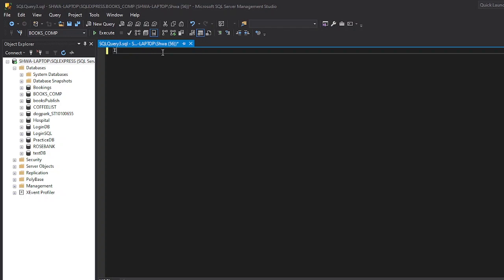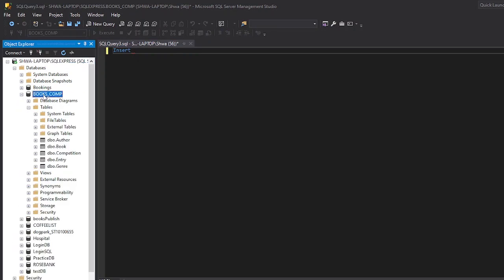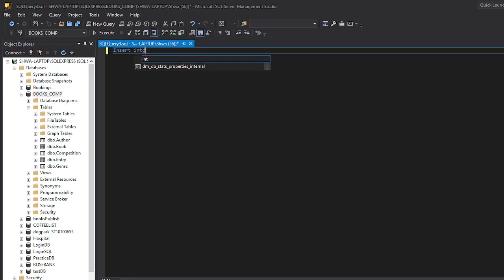Okay, so let me just go back. So that long way, we're going to use insert. When we say insert, we're inserting into our tables in our database that we created. See, here's the database and here's the tables we've made. So we'll say insert into author. Like I said, if it's red, but you still see the table, you're right. Just for some reason, it will underline it and say that its object name is invalid. Okay, so insert into author values,